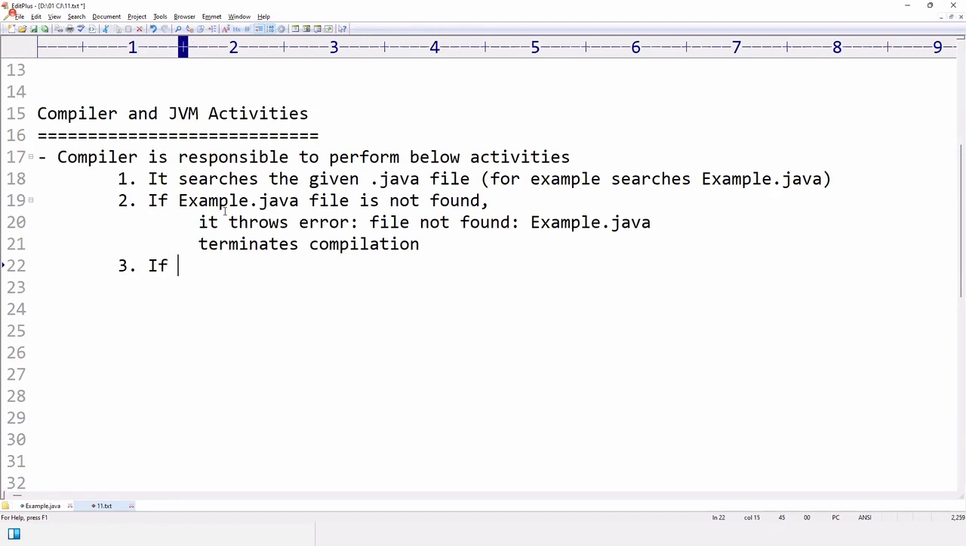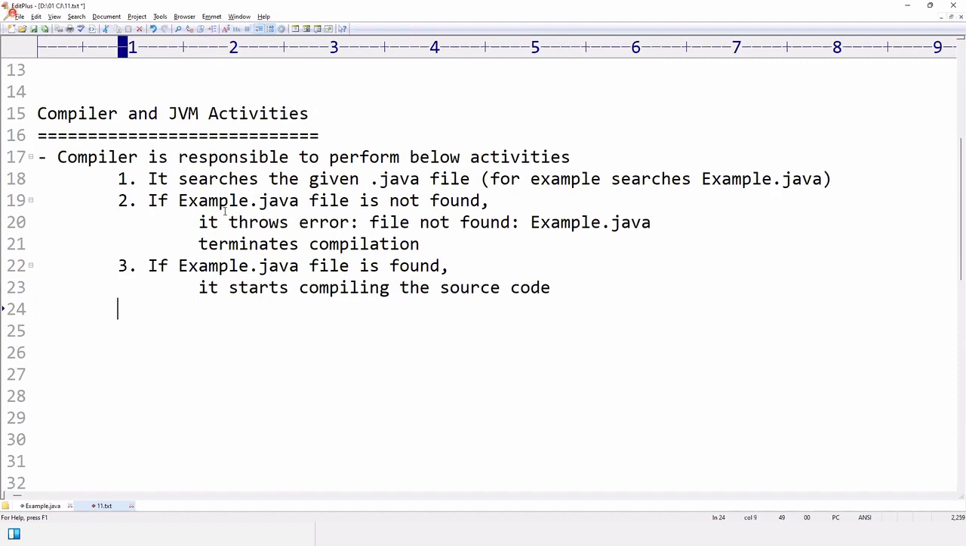Third, if example.java file is found, it starts compiling. Okay. This the source code. Fourth,